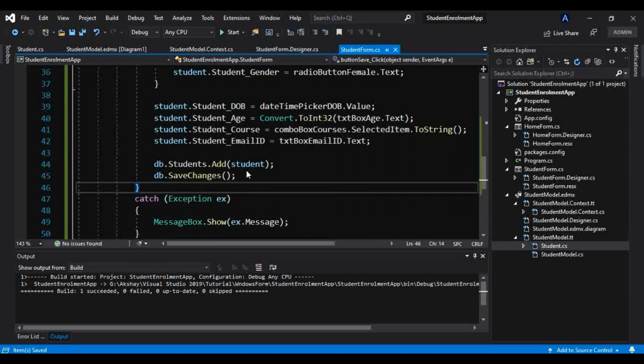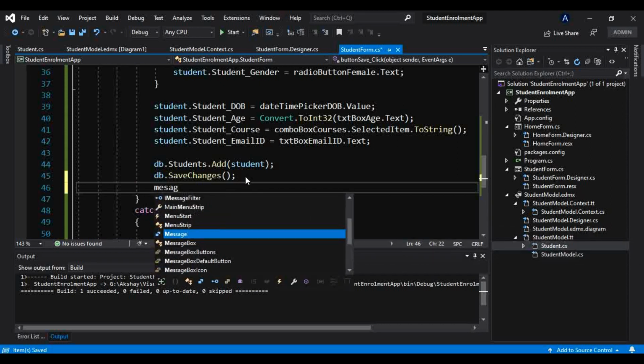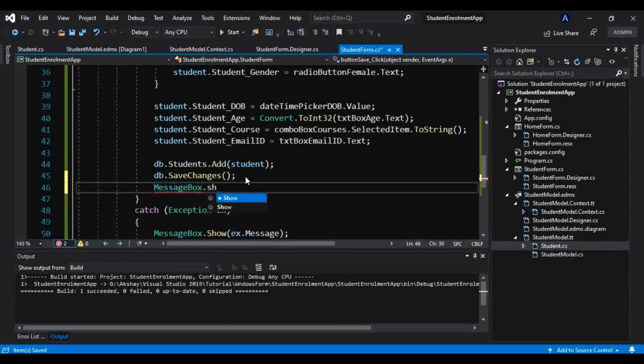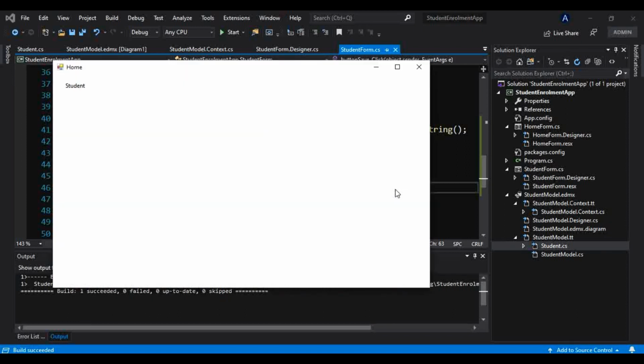Okay, and yes, I will show one message here as well. If it is successful, if that student gets added into that database, then we will get this message here, that is Student added successfully. But this time I don't think it will get added, because we have already got an exception. But let's see in a meaningful message what that exception is.